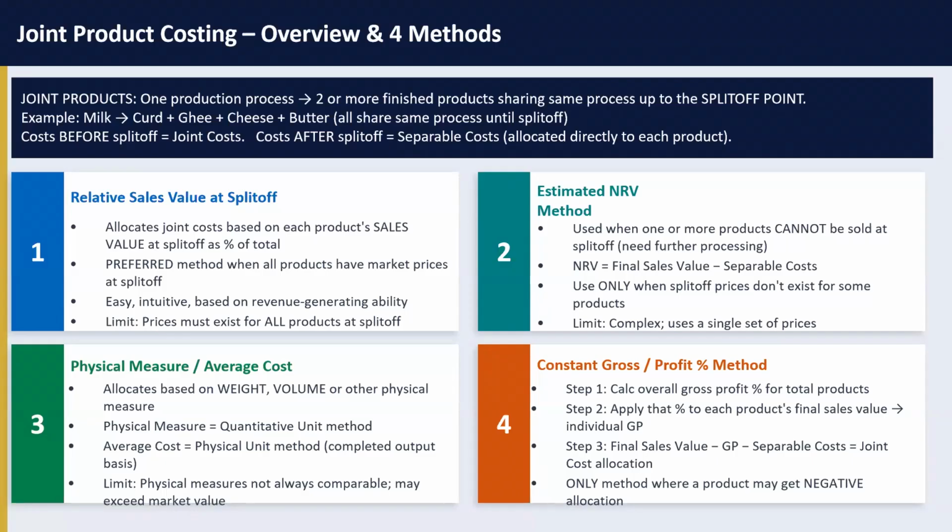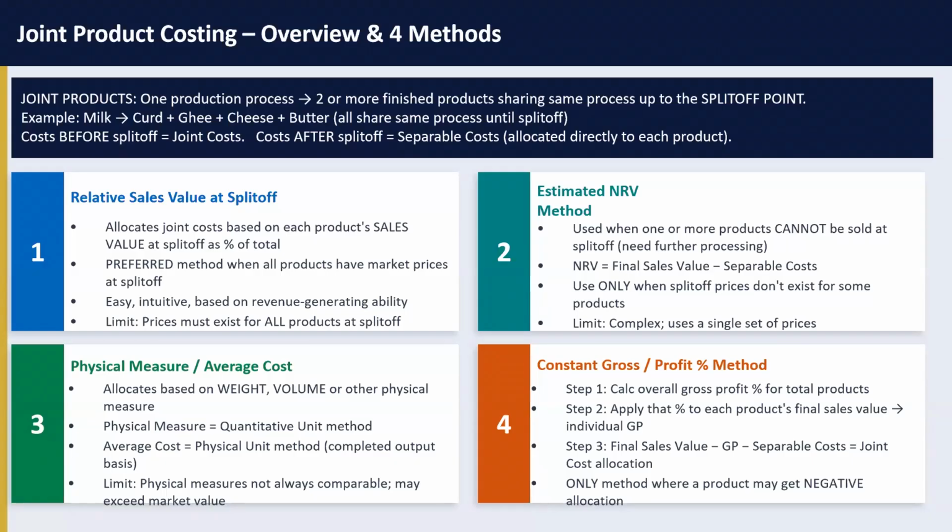On the other hand, take an example of iron. Iron will have a lot of weight when compared to gold, but its sales price, when you compare with the gold, will be very less. Now, when you choose this physical measure method, what you will do? You will allocate maximum cost for iron, which we are able to sell for very less price when compared to gold. For gold, what we are doing? We are allocating very less cost,